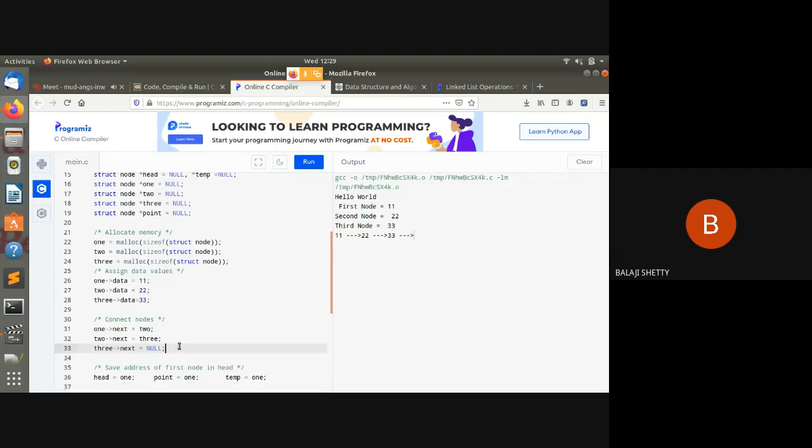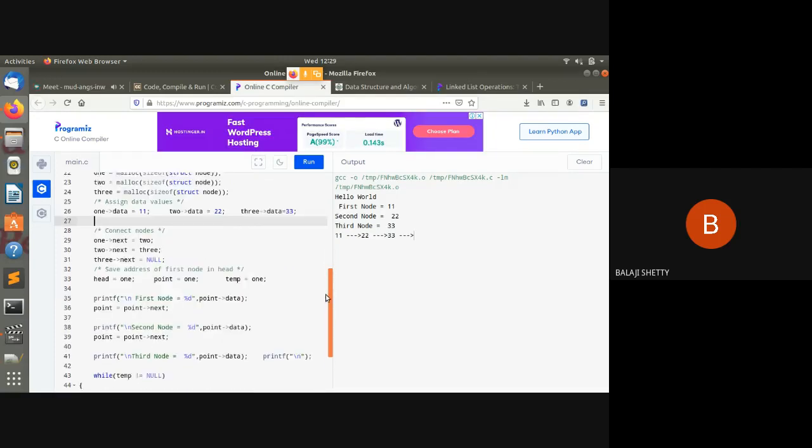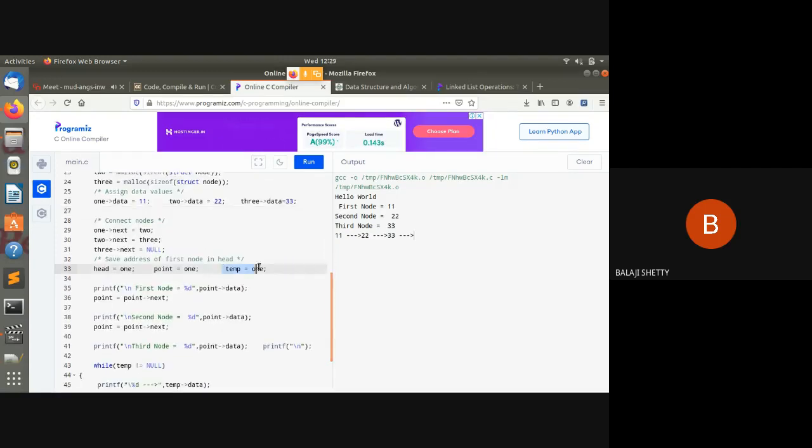I try to show all the program at one line so that you can easily understand the concept now. Okay, fine. Now here your temp contains the address of the first node.